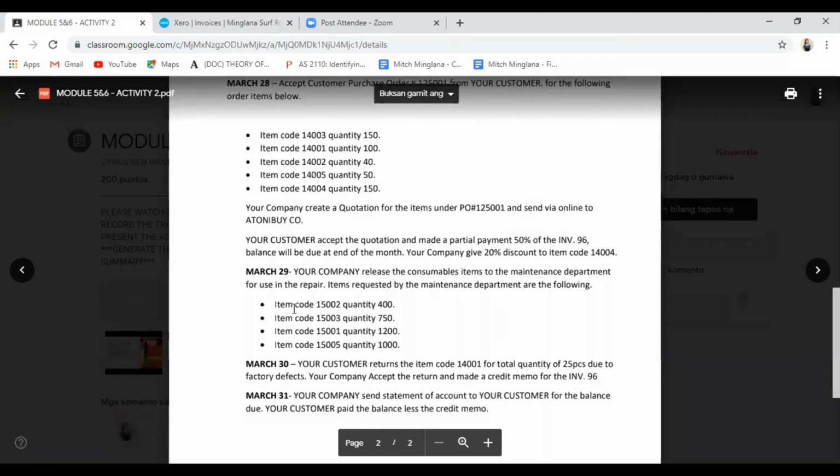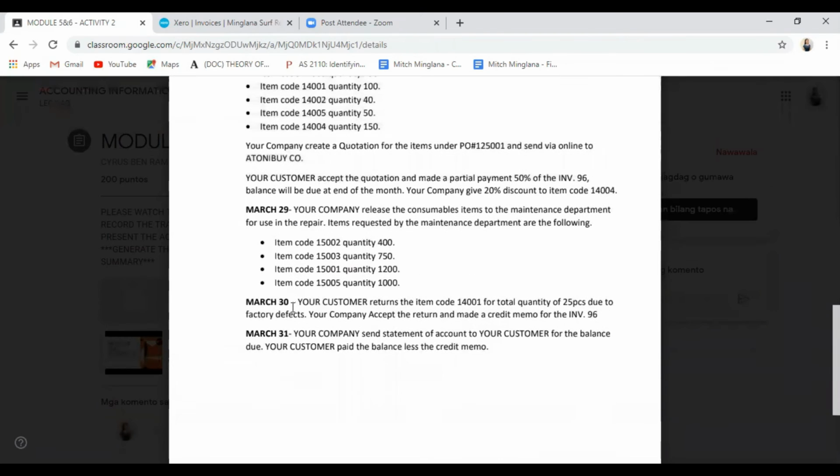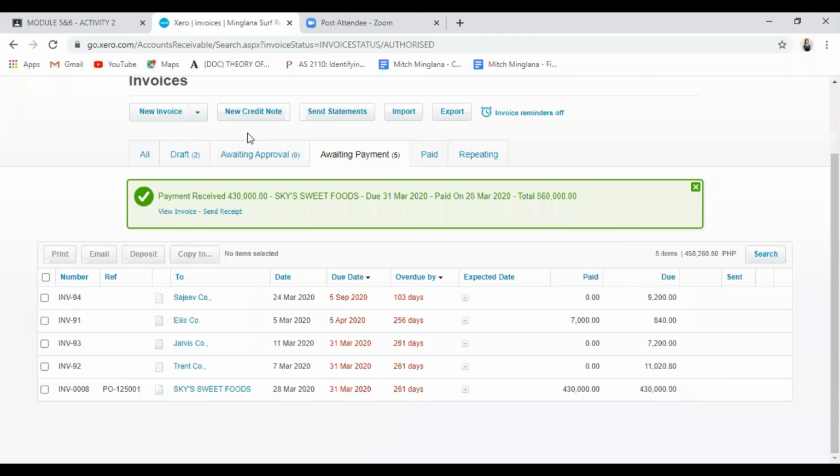For the next transaction, your company released the consumable items to the maintenance department for use in the repair. Items requested by the maintenance department are the following. So here are the items requested by the maintenance department. So it says here that we release consumable items to the maintenance department. So first,